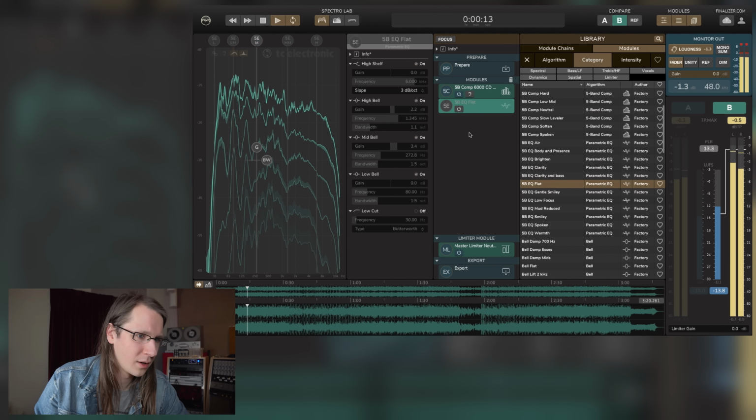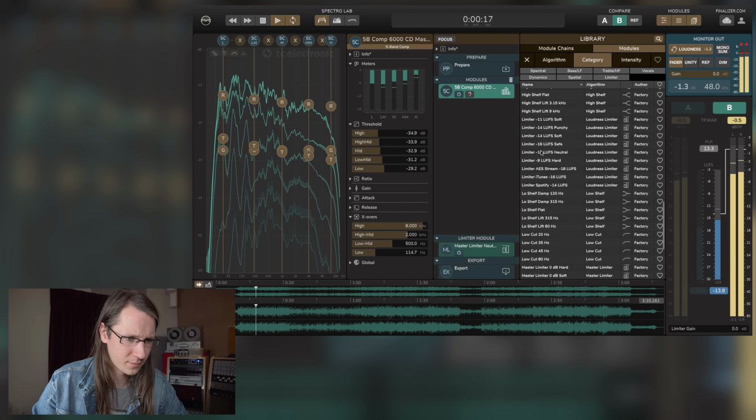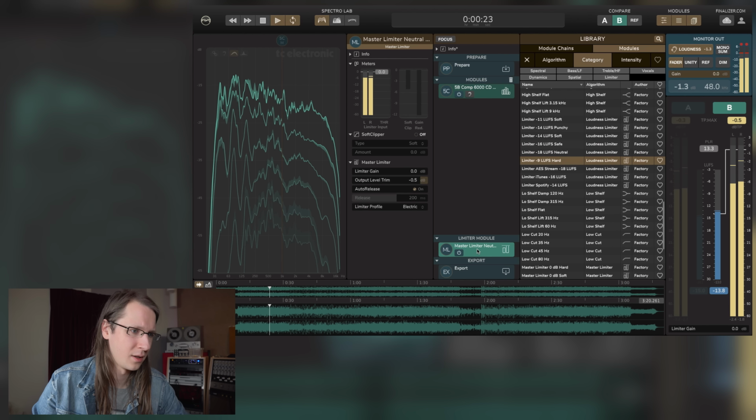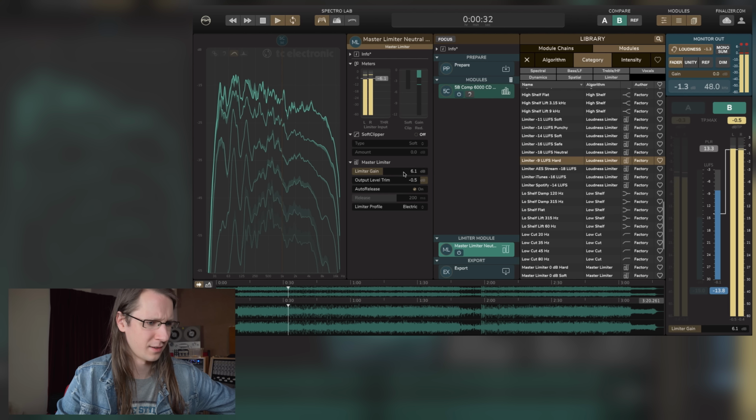Limiter. -9. Oh, but this is really not bad.